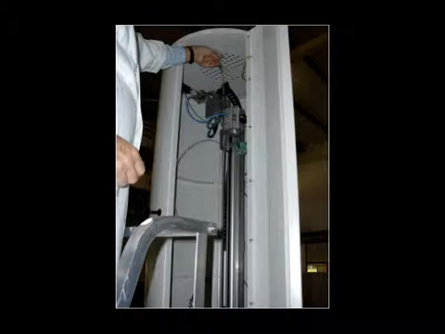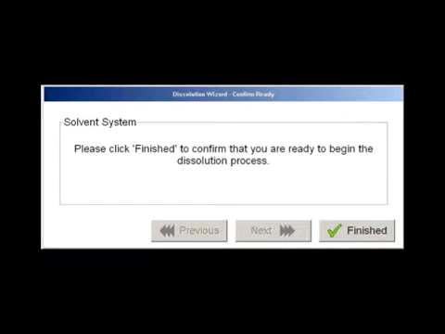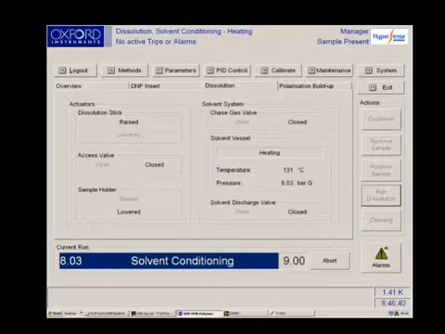Then close the valve and click Finished. And at that point, the bomb will pressurize. And so this number here that you see, I believe, is the pressure in the bomb in atmospheres. And it will go up to the maximum. And once it's reached the maximum, the dissolution process will be triggered. And you'll get the hot liquid shot down into the